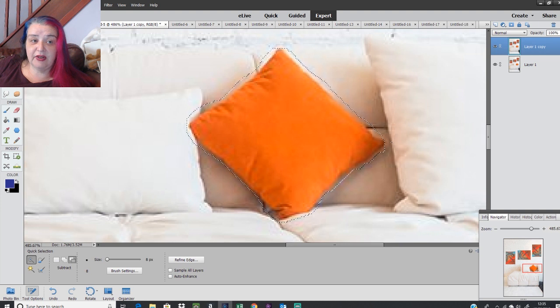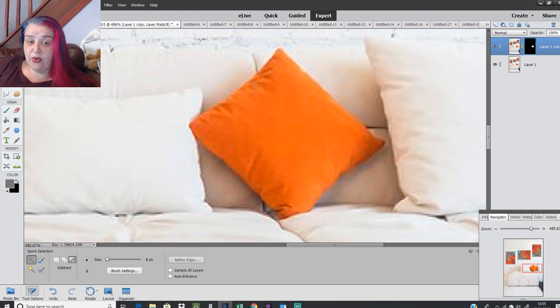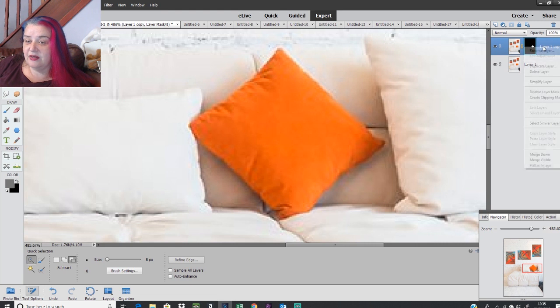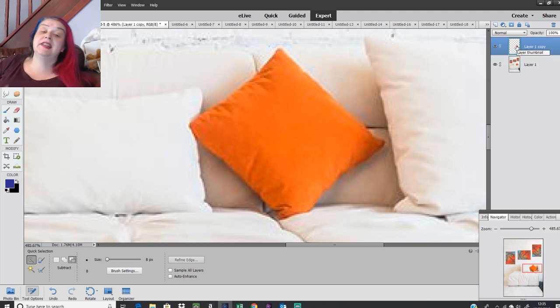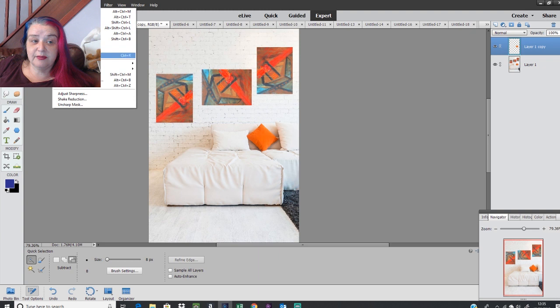So we're just going to go into layer mask and reveal selection. All that has done is cut out all of the background and left us with the cushion. Now we can't see it because what's below is also the same, but if I turn off what's below, you'll see you just have a floating cushion. So I'm just going to right click on this and simplify layer, so it's not a mask, it's just the cutout cushion. And all we're going to do now is zoom out back to the picture